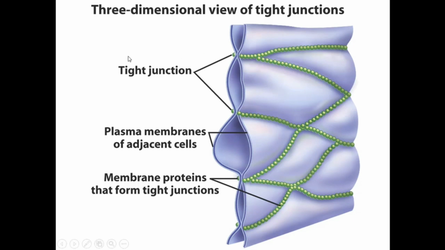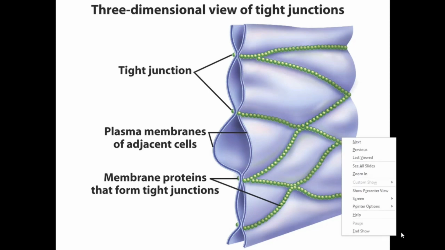And these junctions make a lot of branching strands between the two cells. When we have a lot of these strands, the material cannot pass through this pathway. And when we have a few of these strands, some of the material